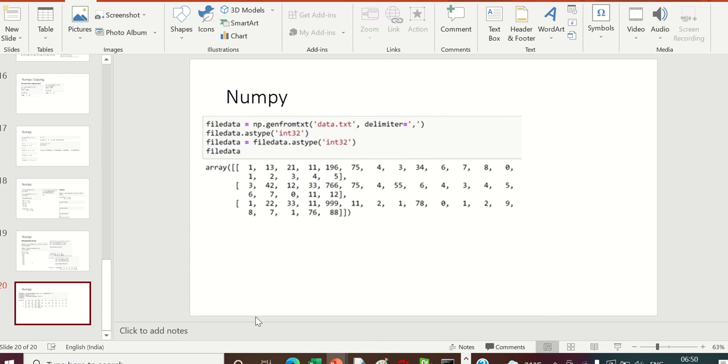So this is NumPy. Now let us go to Pandas. Before Pandas, I think we will discuss something else. I will share this PPT today, or else I will forget it.